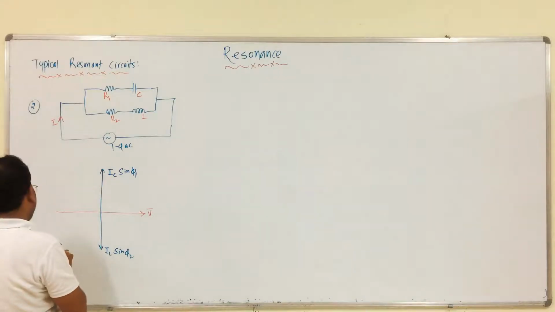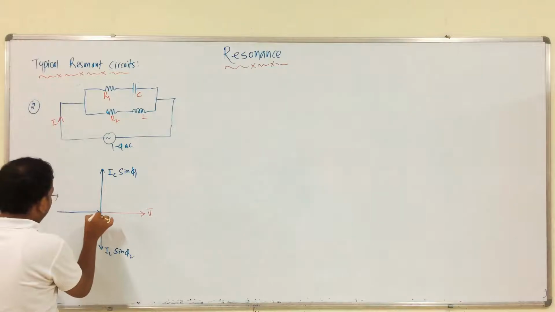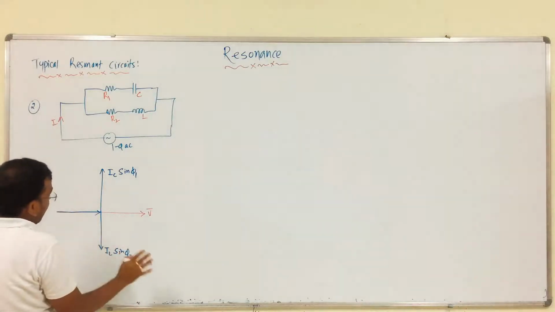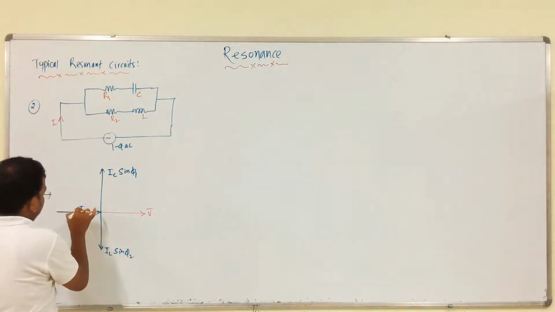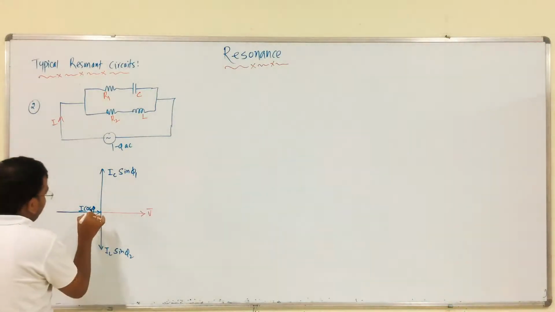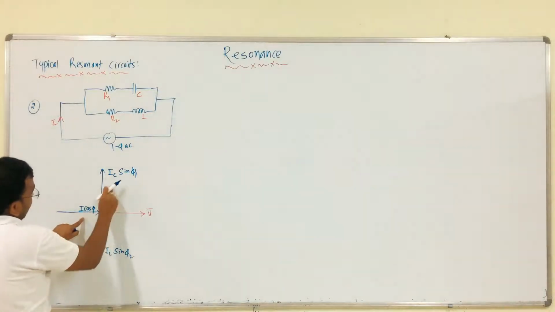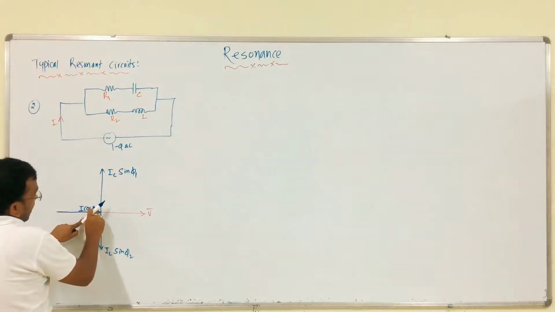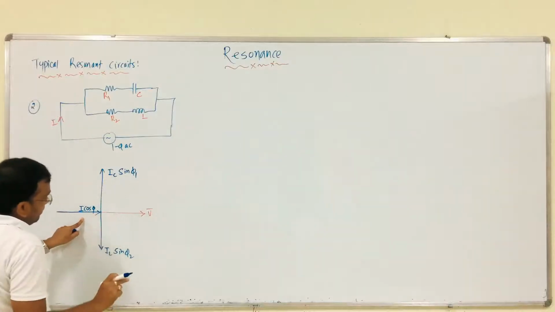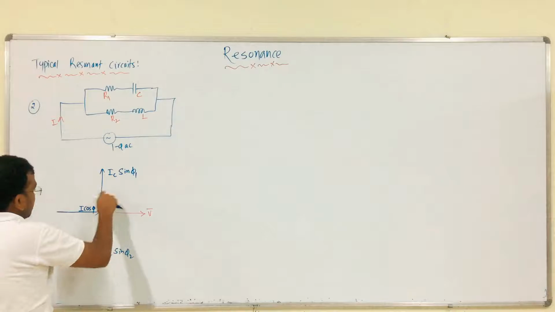Listen, this is the horizontal component, whether it is IL or IC. By default, here I can provide I cos phi. If you are considering phi 1 or phi 2, this resultant IC cos phi 1, IC sin phi 1, the horizontal component or vertical component,